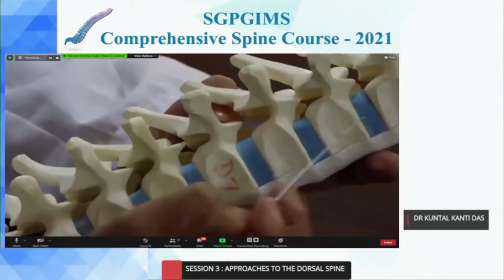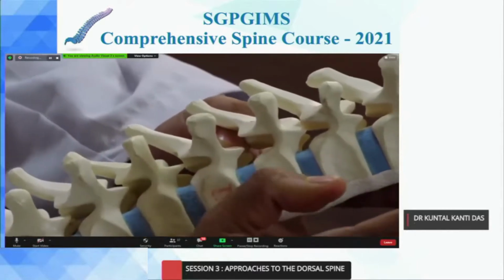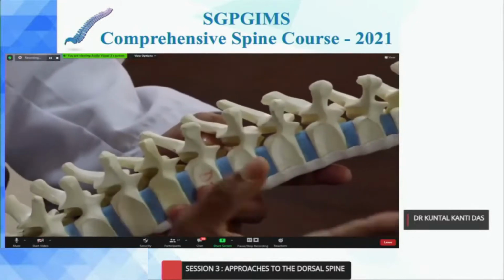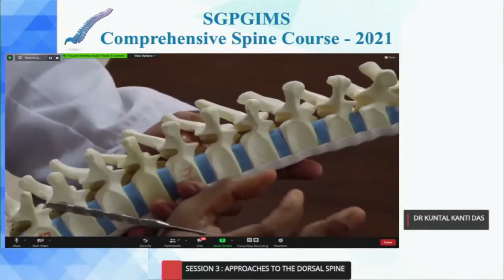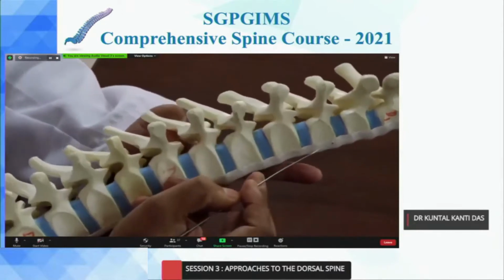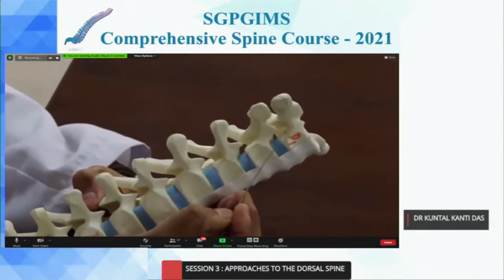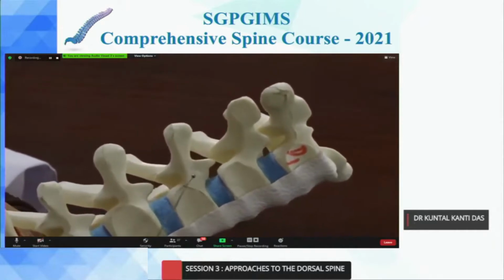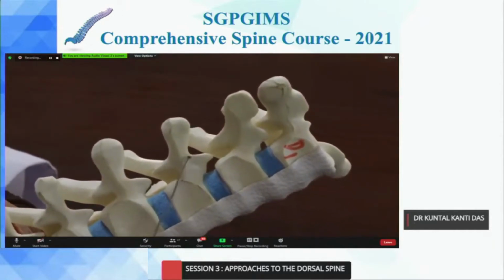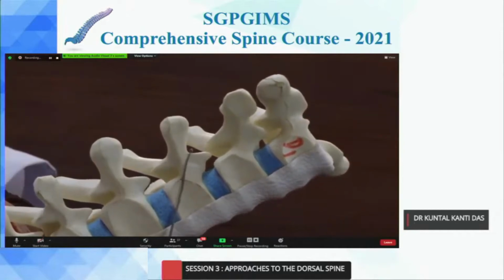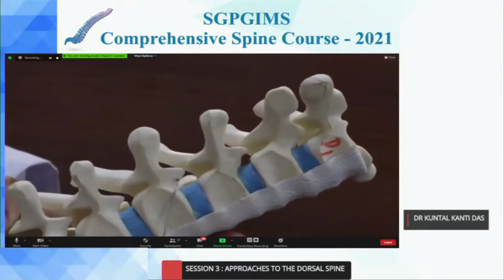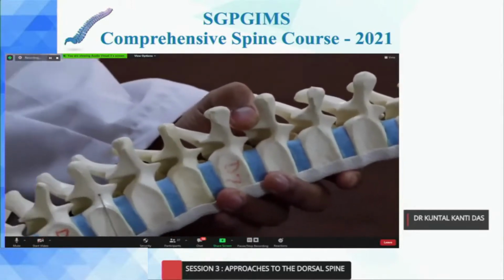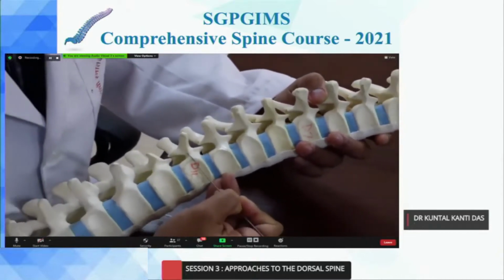In the thoracic spine, as you can see, there are three important aspects that our audience must know. First of all is the craniocaudal orientation, second is medial lateral orientation, and thirdly the diameter of the pedicle. First of all, we'll look at the craniocaudal orientation. Now, this is the level of D1, and this is the pedicle. From D1 downwards, you can see that the pedicle has a superior to inferior angulation. It is located obliquely if you look from the side. It is not horizontal. And this obliquity continues until the level of D10 and D11, where it is more or less horizontal. So this is something that you must know.